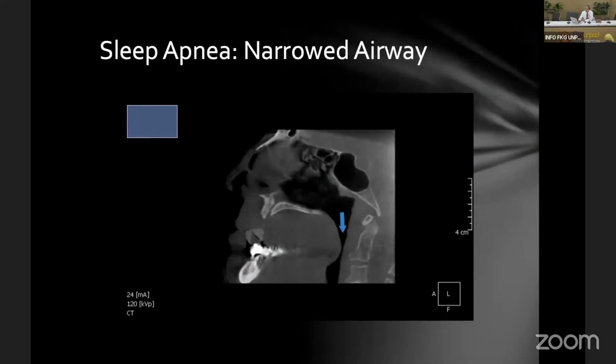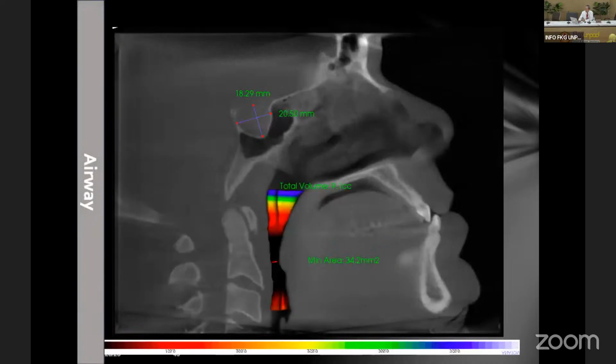Like this one, you see there's a potential narrowing here. Although we cannot say definitely that this patient has sleep apnea, there is an indication of possible sleep apnea. Also, we can do the measurement with software. Many software packages can do the measurement now.